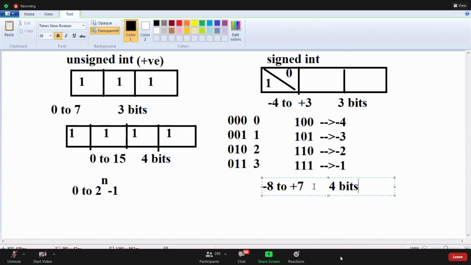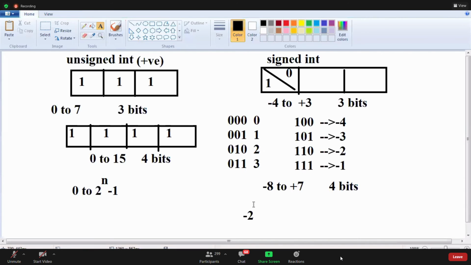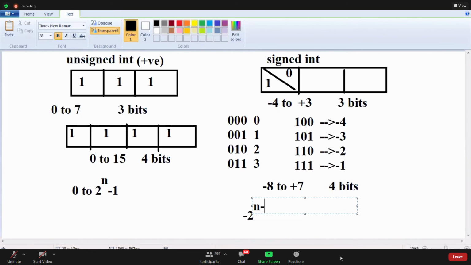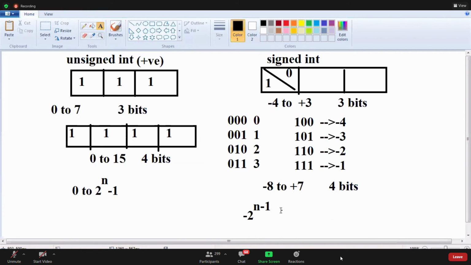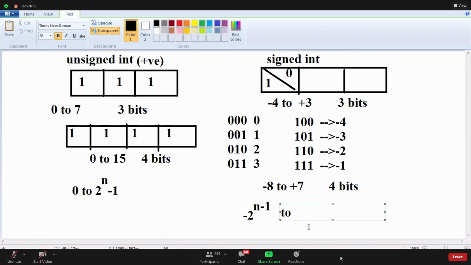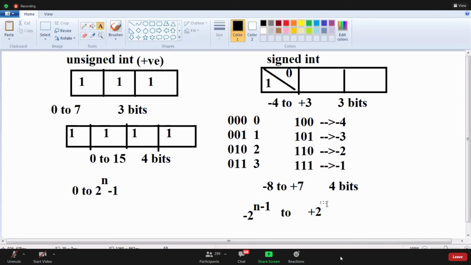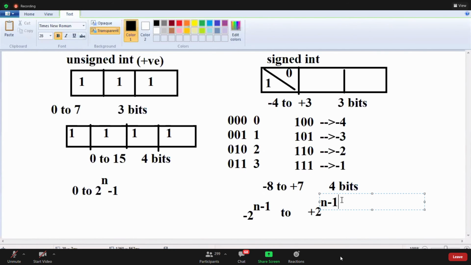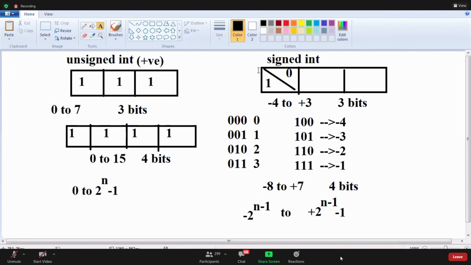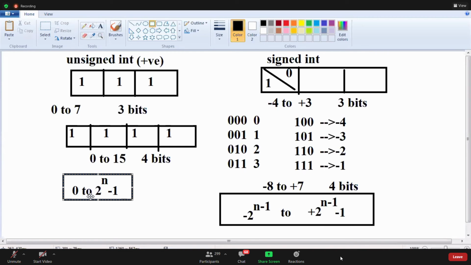The formula is, guys, minus 2 power n minus 1 to plus 2 power n minus 1, minus 1. This value, one value decrement. This is the formula for signed numbers, guys. This is the formula for this one. Clear?